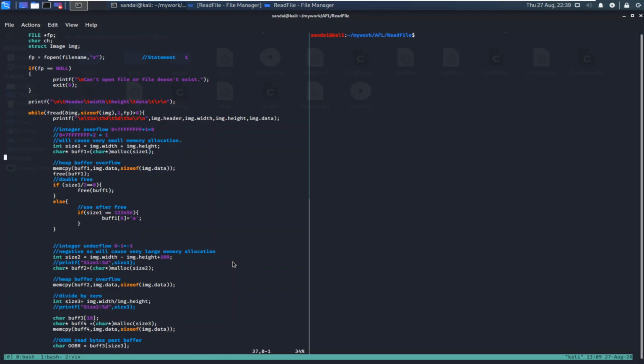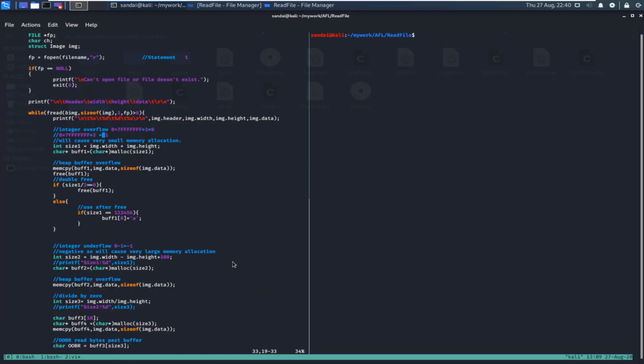And since we are using a memcpy over here, which is trying to copy some data into the buffer, if the buffer is of very small size or if it is not getting allocated, the program will try to write data past the boundary of the buffer, so that will cause an issue over here. Now the point to note over here is that if I add 1 to 0x7fffffff it will become 0x80000000. If I add 2 to that, it will become 0x80000001, and so on.